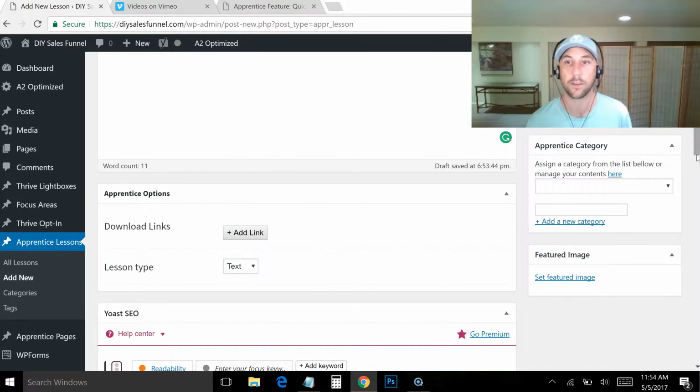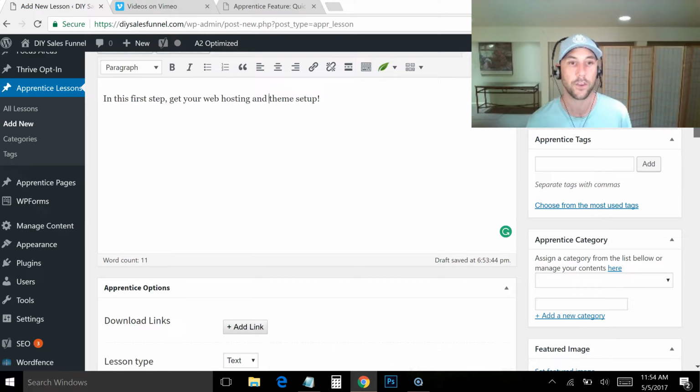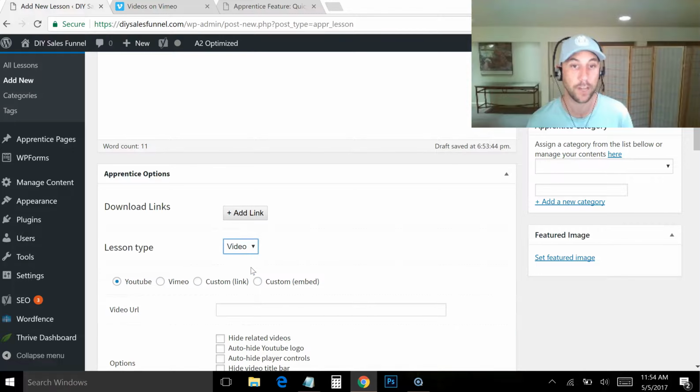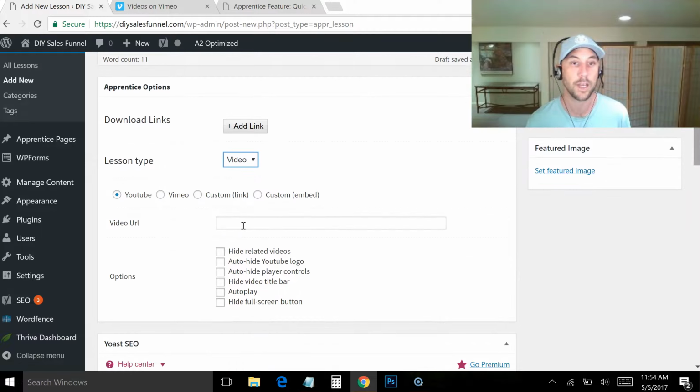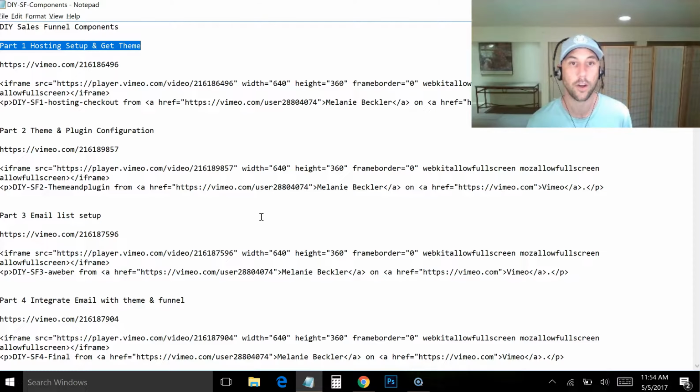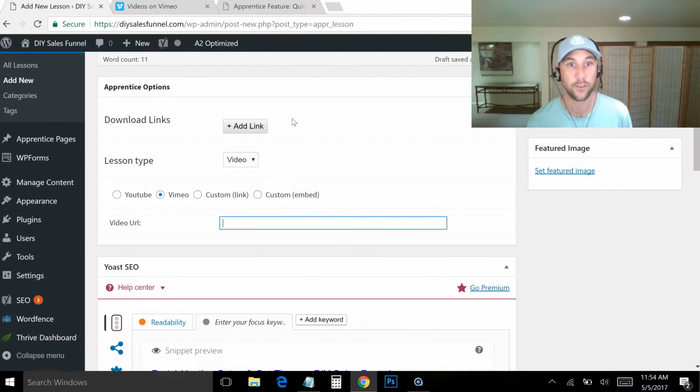And this is what really makes it powerful. We've got this set up here. I'm going to click add link, and we have the lesson type. I'm using video, so I'm going to click video lessons, and now it automatically busts out these different types. So I can click Vimeo, right? And it wants the video URL. I kind of thought it did. So I'm going to take the actual URL to that video. And this is a hidden video, so people can't just go find this on Vimeo,